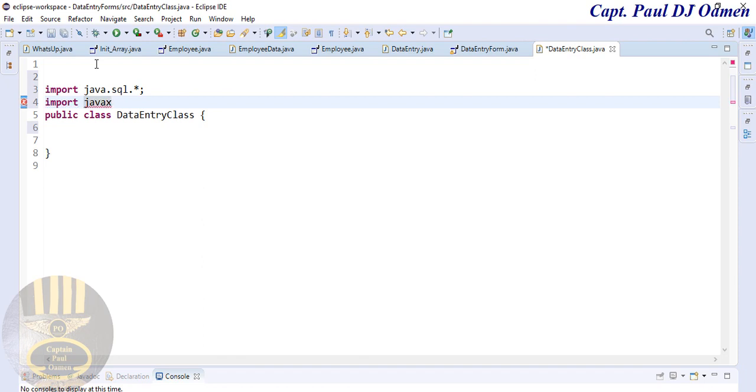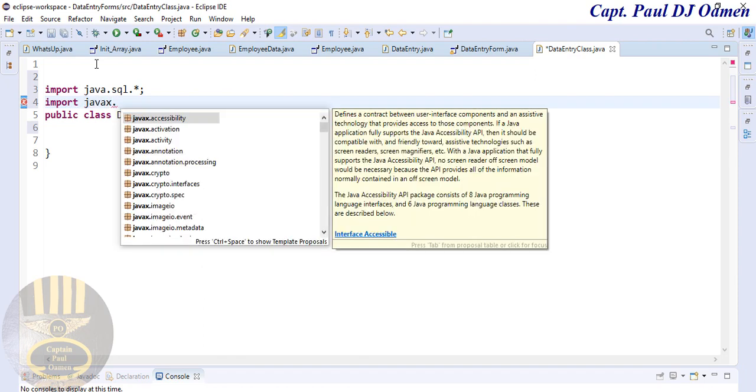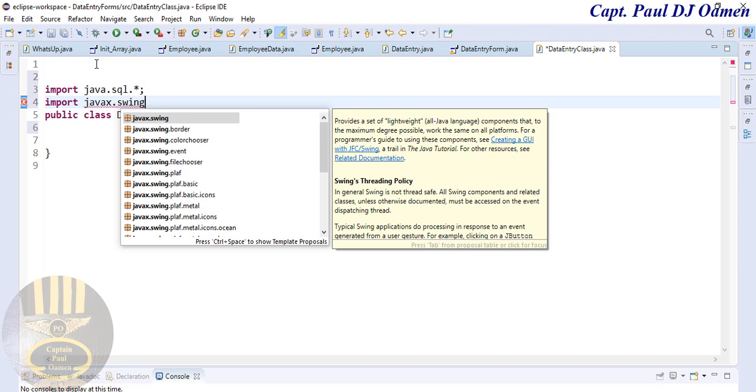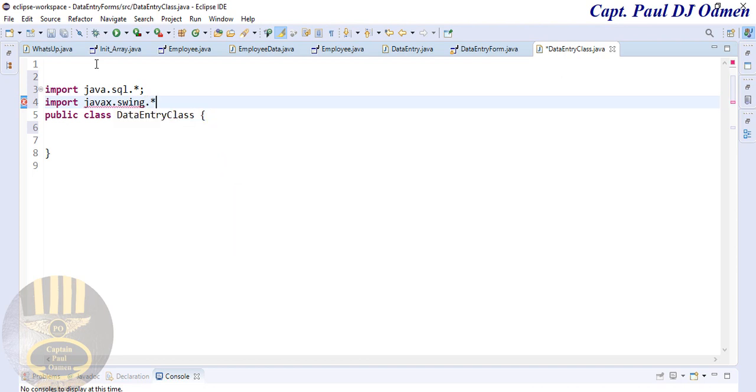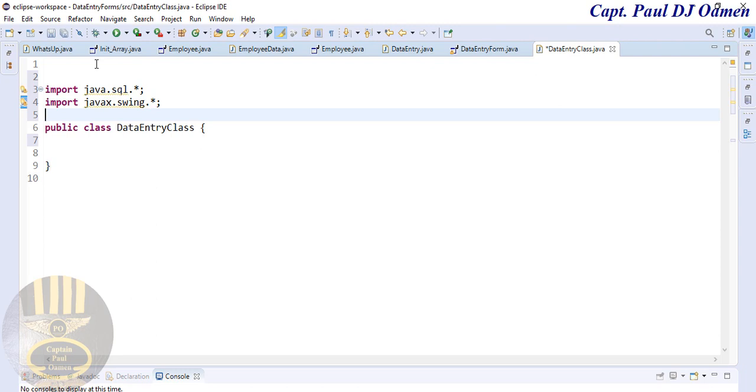Java or Javax dot swing dot, import everything about Java Swing. There, that is taken care of. Now underneath here, I'm going to create a public class. So you just call that public class